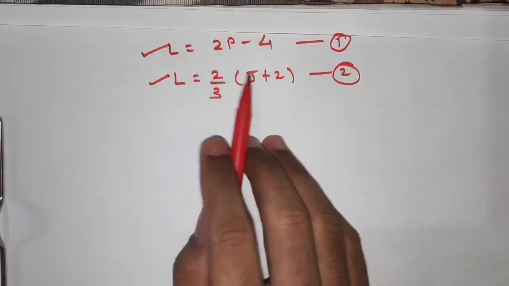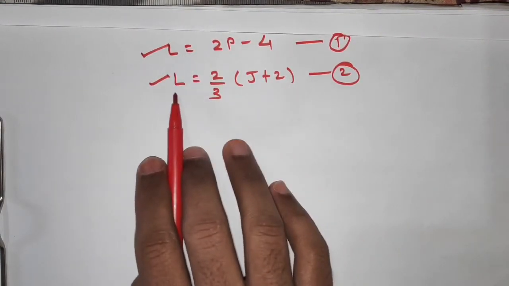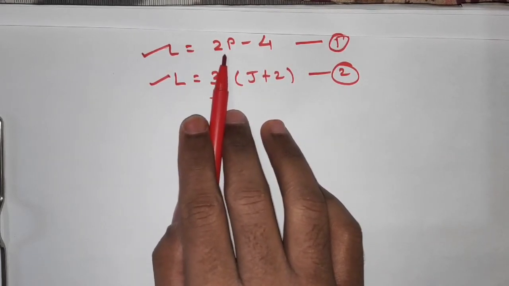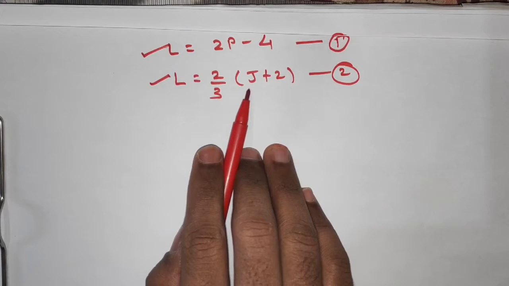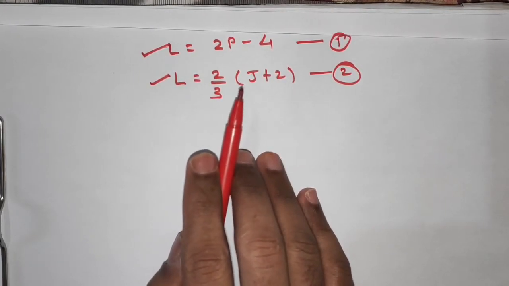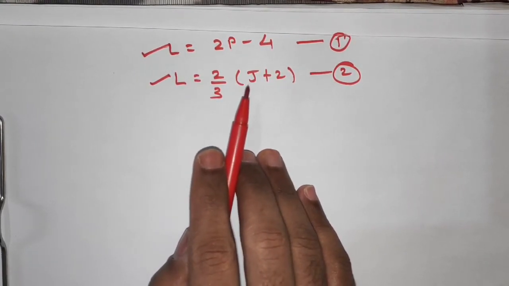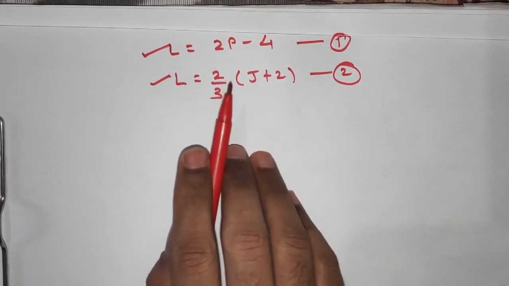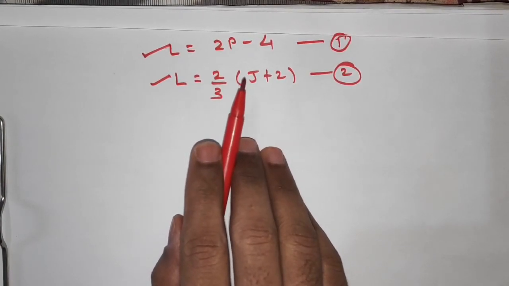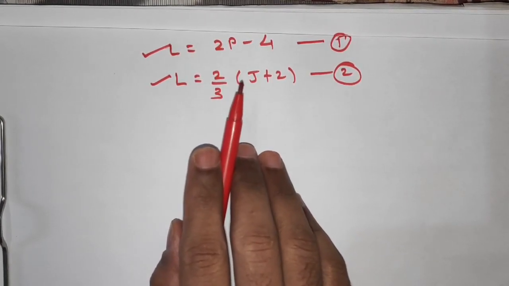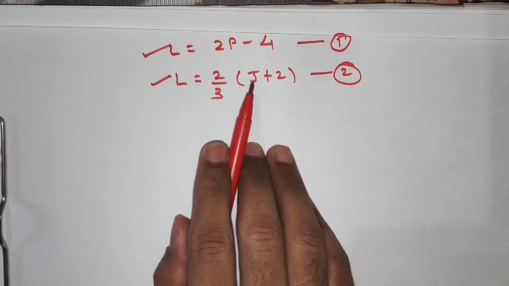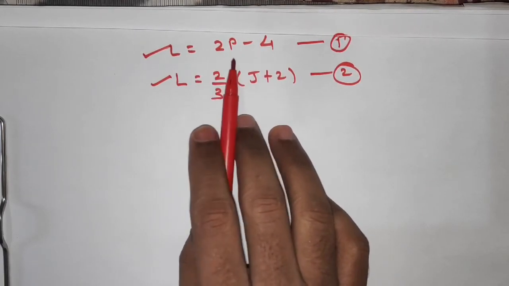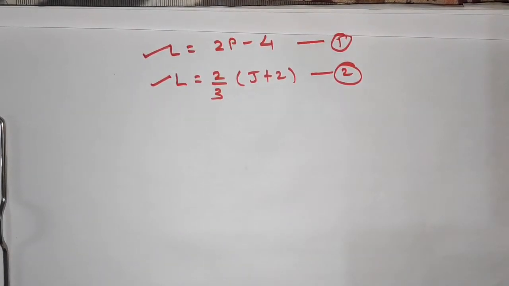Equation 1 and equation 2 are represented in terms of the number of links denoted by L, the number of pairs, that is kinematic pairs, denoted as P, and the number of joints denoted by J. So first let us see what a joint is. A joint is that point where two links join together to form a kinematic pair, and a kinematic pair is a combination of two links which have relative motion between them. So a kinematic pair is always present at a joint, so the number of kinematic pairs will be equal to the number of joints.